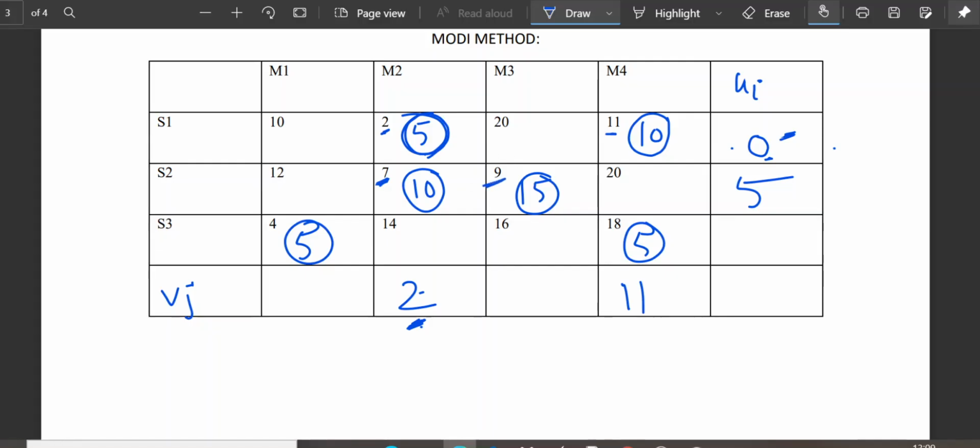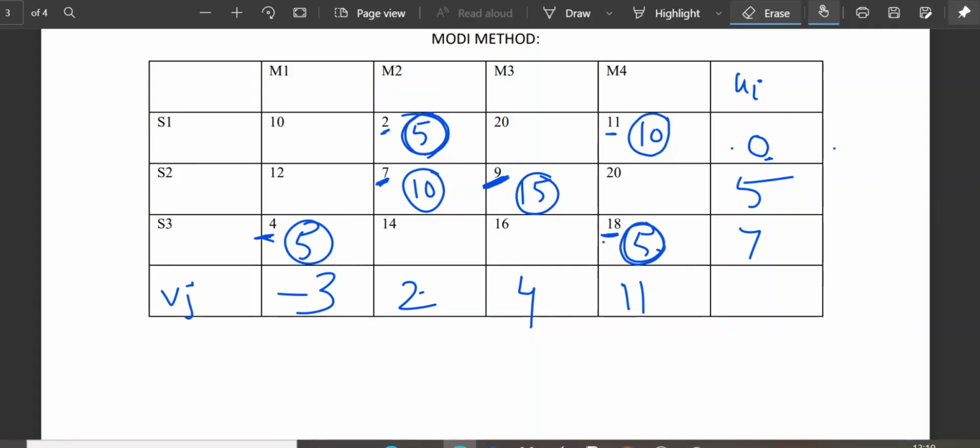Now come to this 9. 9 is Cij, corresponding ui is this 5, so 9 minus 5 is 4. Right? Now come to this cell. Here Cij is 18. 18 minus the corresponding vj 11 gives me 7. Now come to this Cij. It is 4. Corresponding ui is 7. 4 minus 7 gives me 3. So these are my ui's and vj's.